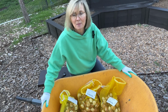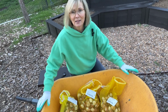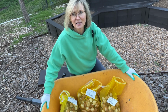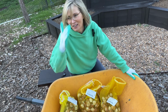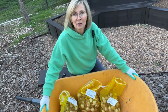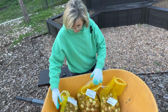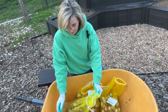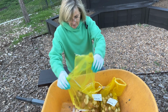And I will put almost all 300 in the bed behind me. They come up at different staggered times, and it's just glorious. It's just magical. I will put a few in some pots that I can take up closer to the front porch too. Okay, so the next thing I do is I just dump them all into my wheelbarrow,